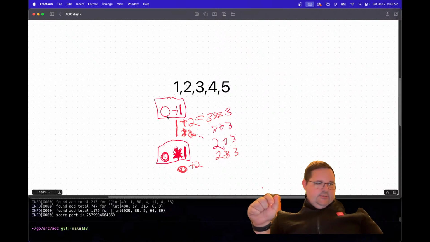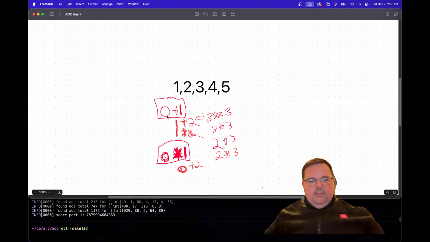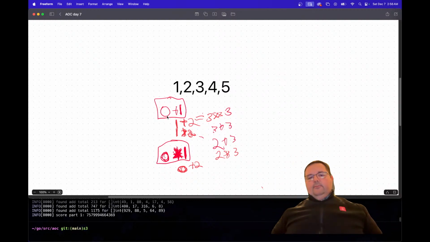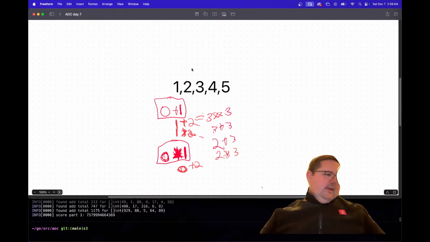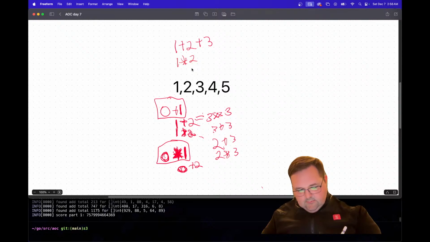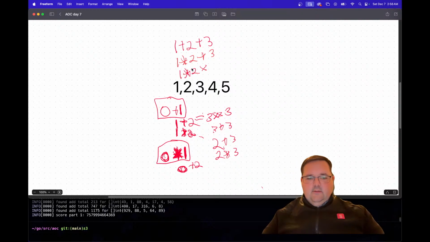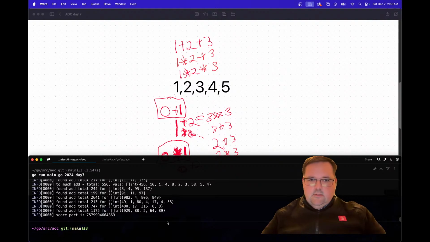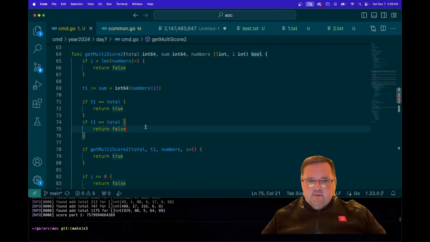But I actually need more than that, because if we get to a value of an addition at the 1 and 2, I also need not just 1 plus 2 plus 3 and 1 times 2 plus 3 and 1 times 2 times 3. I think actually that is right. So if I add this guard clause in,